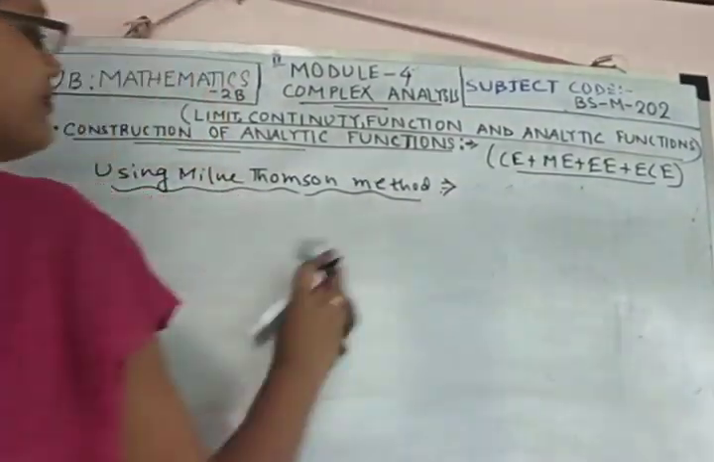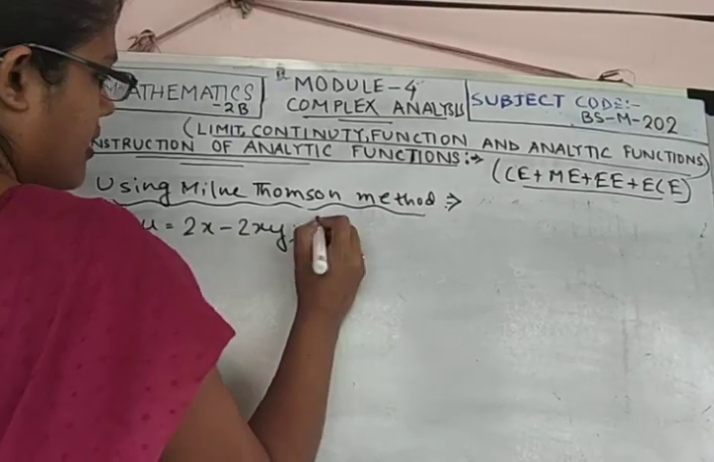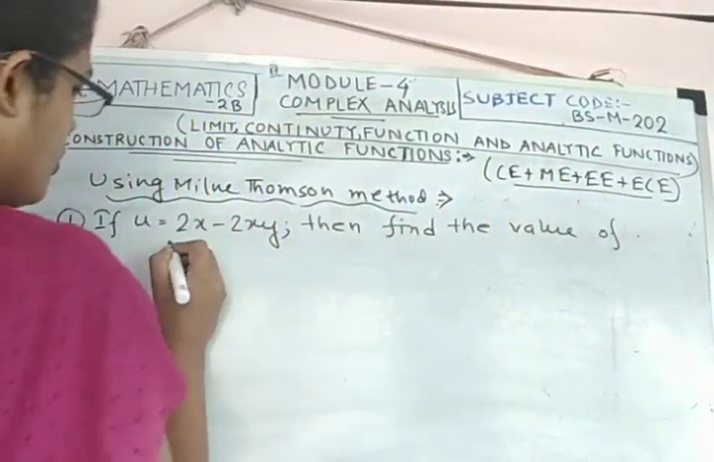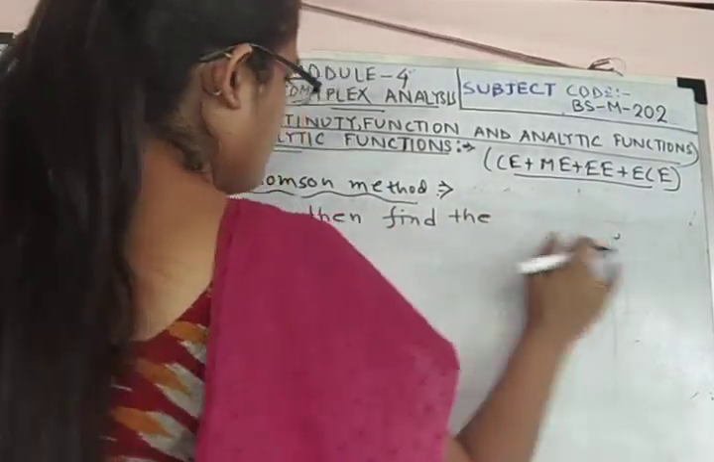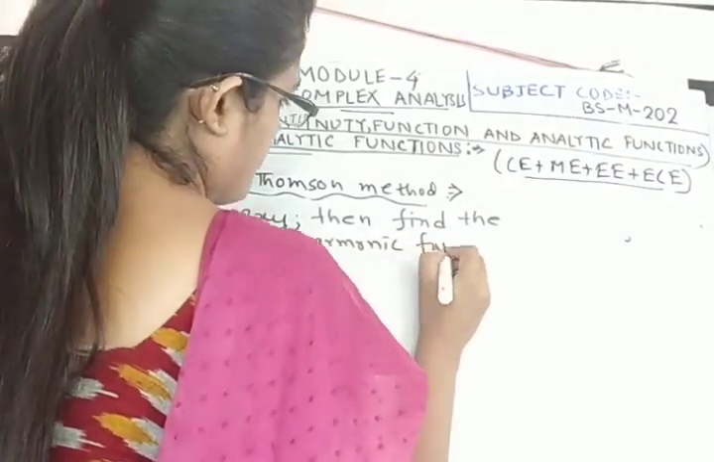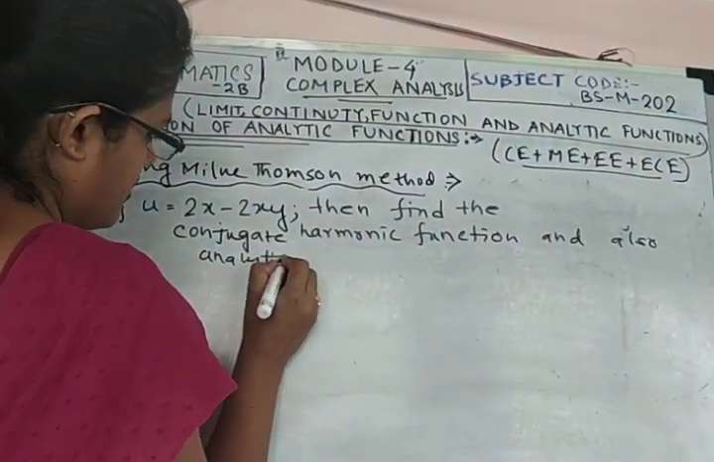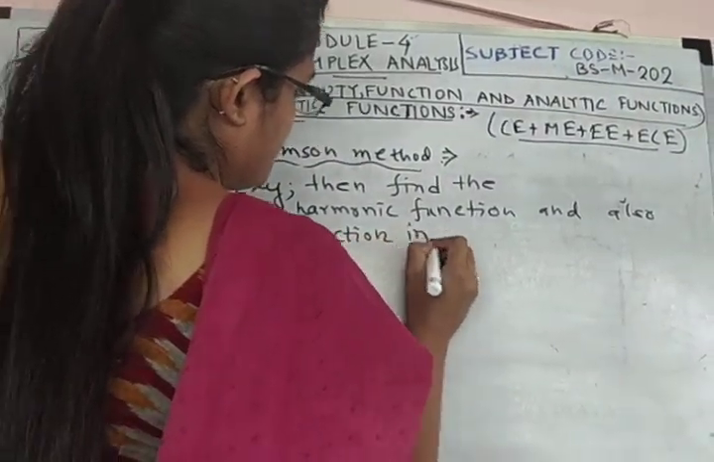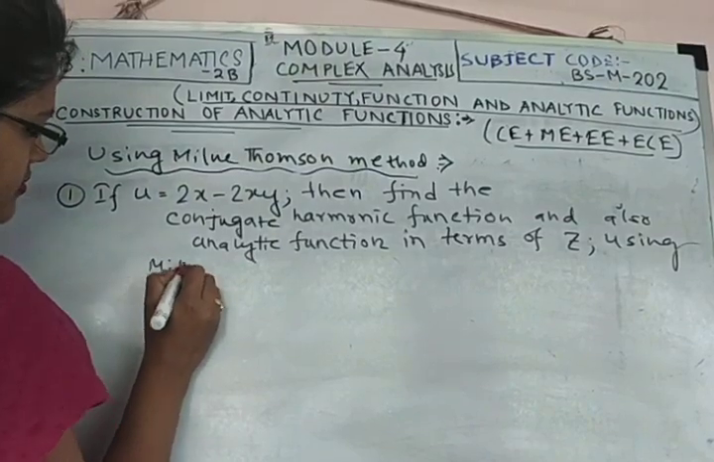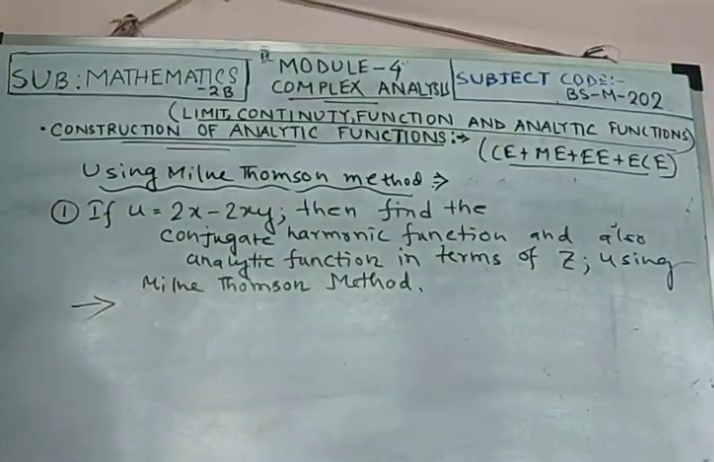The problem is, if u equals 2x minus 2xy, then find the conjugate harmonic function and also the analytic function in terms of z, using Milne-Thomson method. This is our problem. So the solution is, first of all,